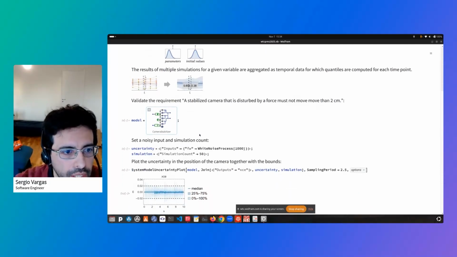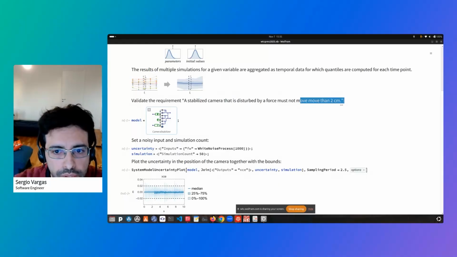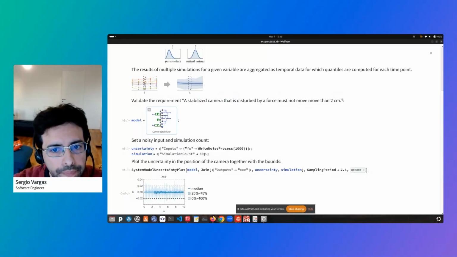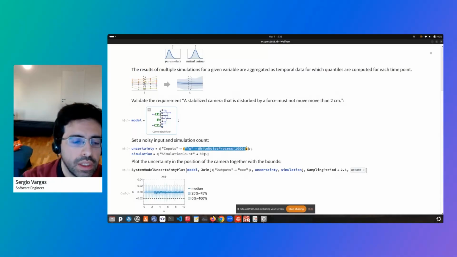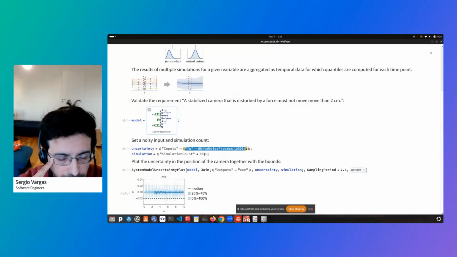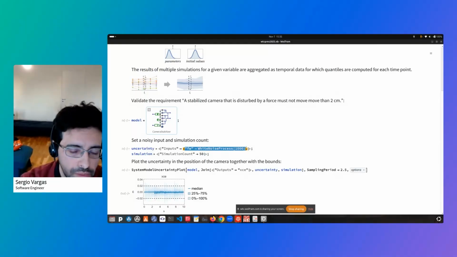So for instance, in this particular case, if you have a model of a camera for camera stabilization, and then you have a requirement like a stabilized camera that is disturbed by a force must not move more than 2 centimeters. Then you can easily verify this requirement by just making this kind of plot with uncertainty plot. And in this case, what we are doing is just providing a source of uncertainty in the input for the force. So you have this disturbance. We perform all the simulations, we aggregate the data and the results, and we produce this kind of plots where you can visualize easily